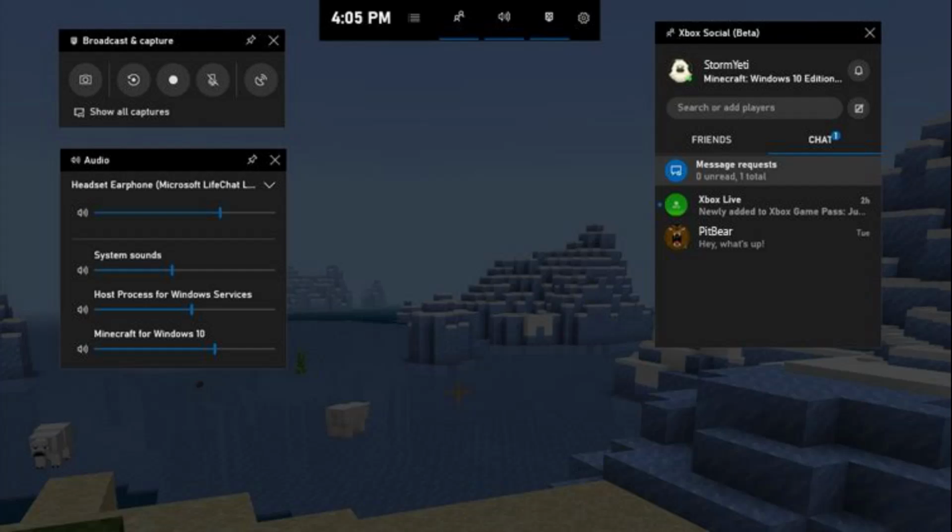If you are looking for a simple and easy way to record your game, Game Bar is pretty much the way to go. It's what I used to record, and I definitely recommend it if you have not the greatest PC in the world, because mine is a pretty garbage PC, to be completely honest with you, and I can record at 60 frames per second with 1080p video quality.